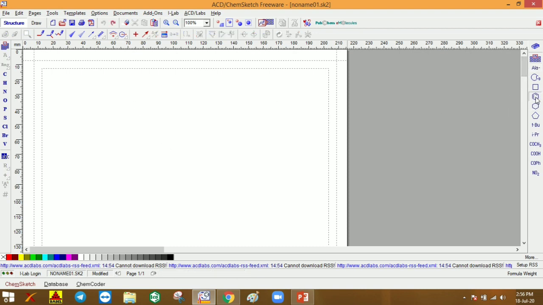So you can see you can take the aromatic rings also. If you want to make a substitution, you should click on this carbon atom and we can make any substitutions here, and you can use the different elements you want here. So for example, I want to replace this methyl group with the amino group.